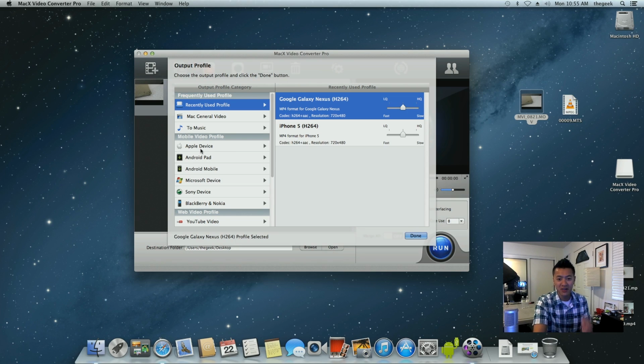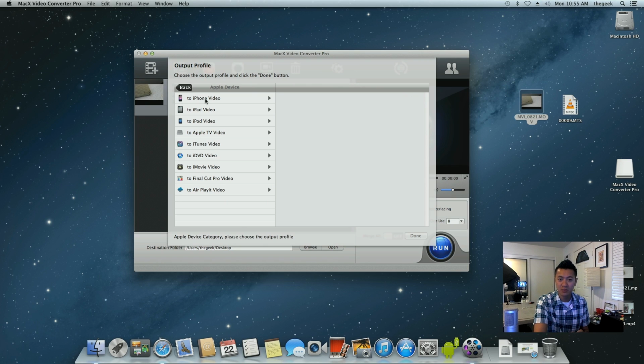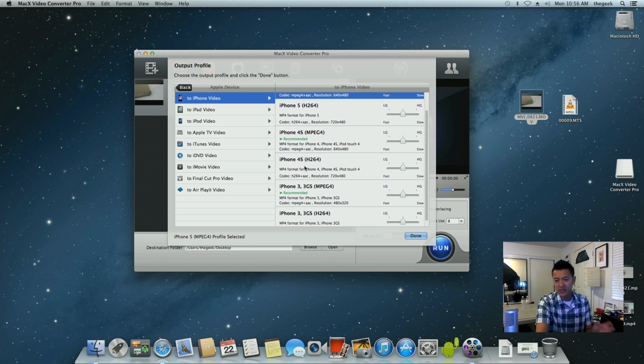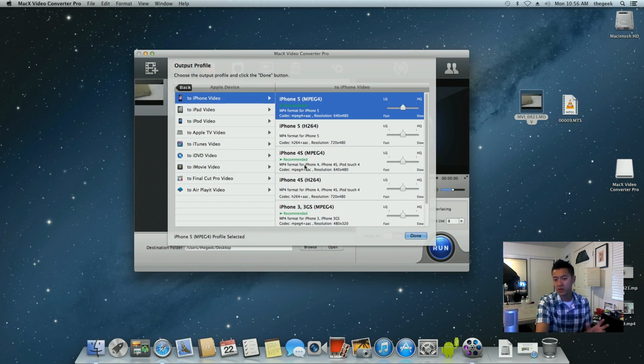Okay, so there's a plethora of devices here for you with presets that you just pick. Let's say, for example, I want to convert it to the iPhone 5, and you choose the model that you have here. Although I think any one of these will probably work for just about any other iOS device. But you can choose a preset here, and then you have some options over on the right here